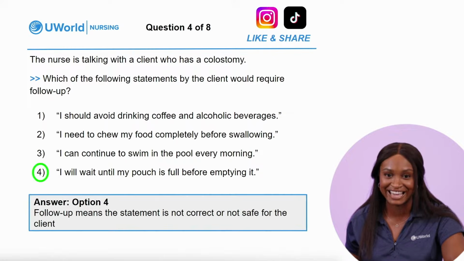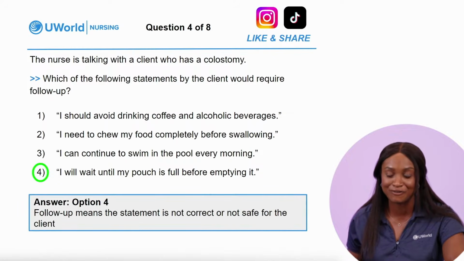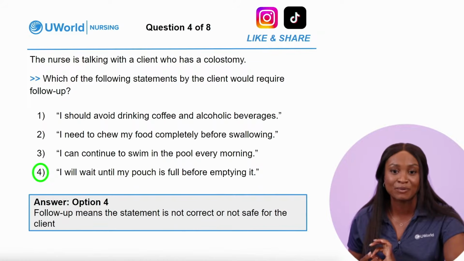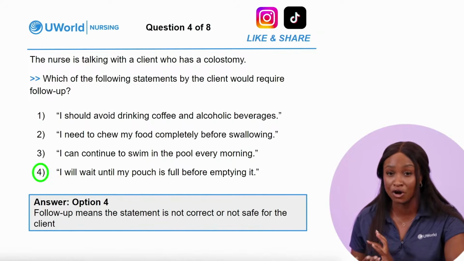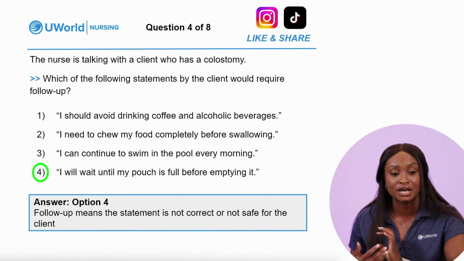Okay, let's go to the answer choice. Option 4 is the correct answer. I will wait until my pouch is full before emptying. So with this question, we are looking for what we need to follow up. So what is the nurse doing wrong or teaching wrong, so we can follow up and give the correct option. So we don't want to wait until the